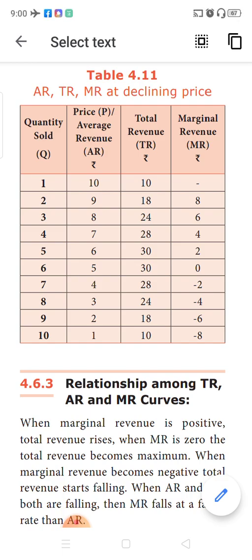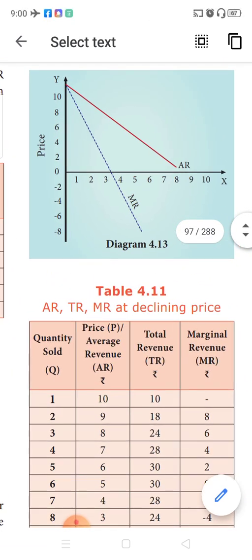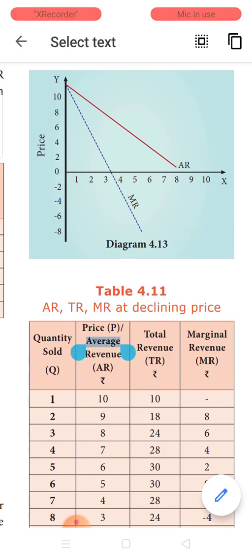So, observe the marginal revenue column. Initially it is falling down. AR is falling down, and marginal revenue is also falling down. Marginal revenue touches 0 when the 6th unit is being sold, and beyond that it becomes negative. Now we need to draw with these values. You can draw a curve where quantity is taken on the x-axis and AR and MR on the y-axis. When you draw the line, the AR curve will be a downward sloping curve.